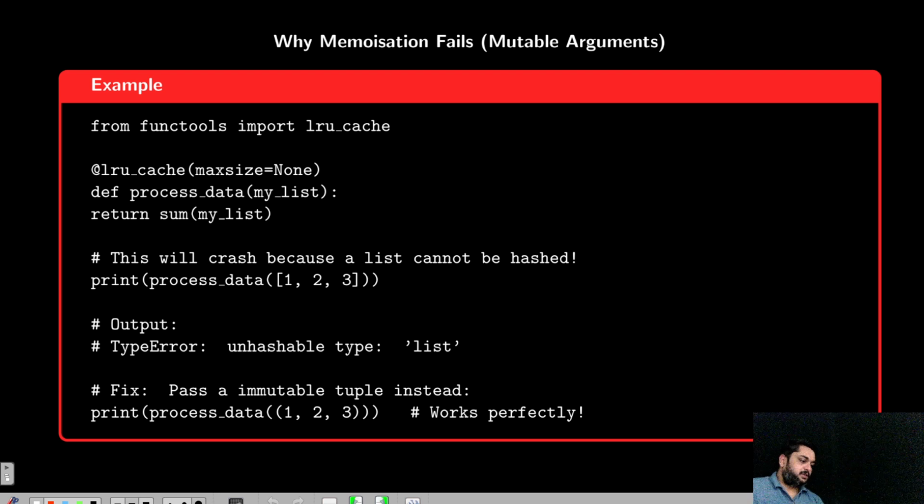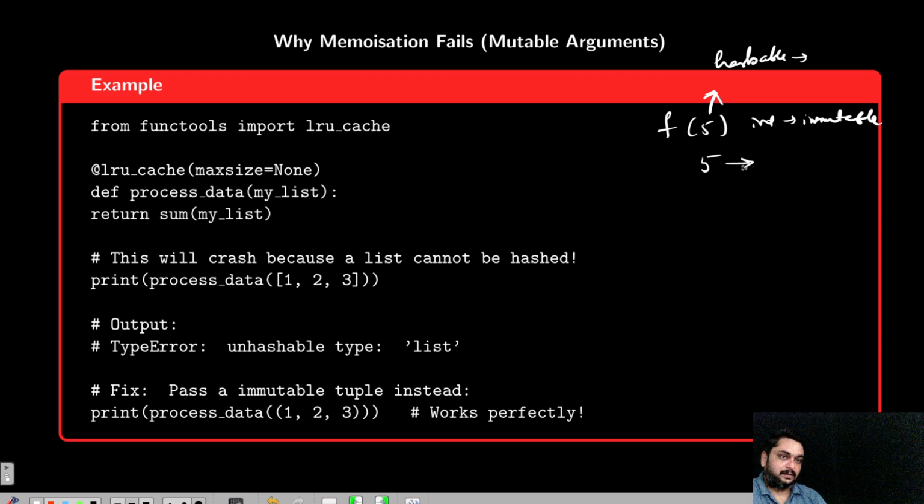Okay. Now, why does memoization fail? If it has a mutable argument. See, in the previous example, you have seen f of, say, for example, 5. 5 is an integer. Integer is hashable because integer is immutable, completely immutable. It cannot be changed. Why was that required? Because you have seen in the cache memory, it is 5 and then say some value 10. This is the key, this is the value. What happens if this key is not hashable? That means if it is, say for example, mutable, like a list. Let us take, for example, I have a list